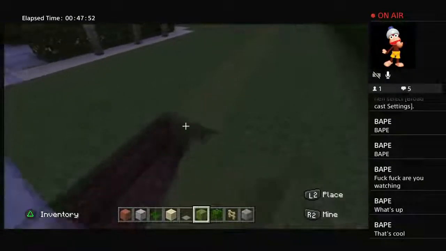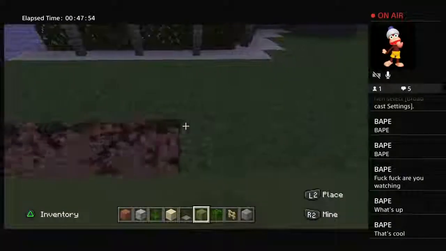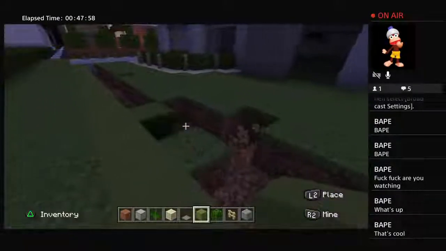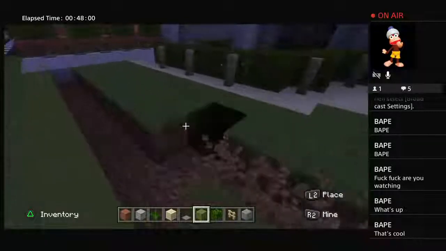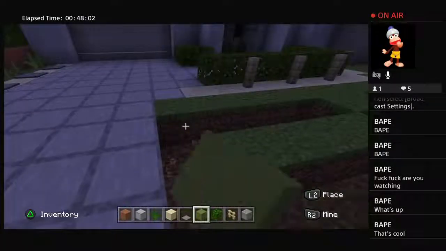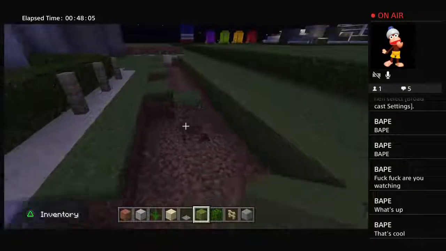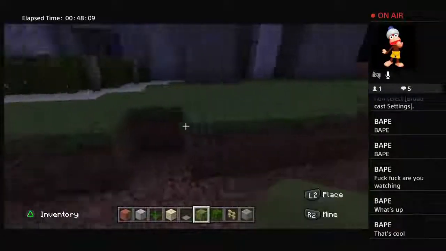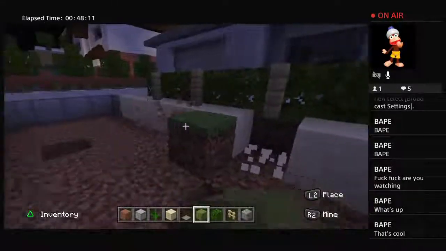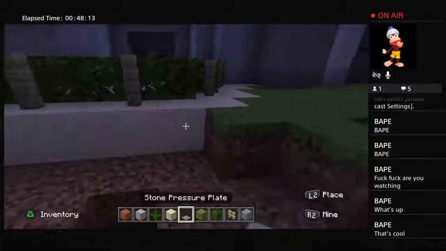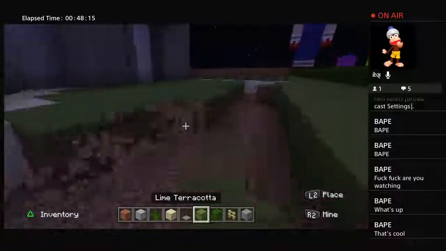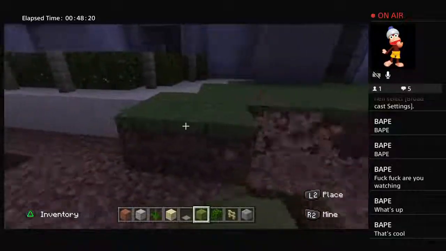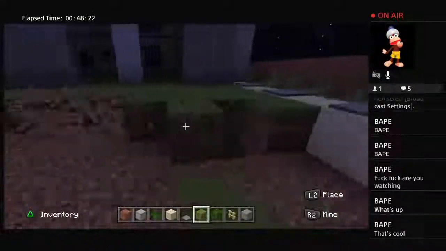If you want fancy looking lawn lines, then you will use a mixture of lime terracotta and green terracotta, but that's going to be completely up to you as to whether or not you want to do that. So I am quite happy just having the regular lime terracotta, but if you know what I'm talking about, where you alternate a pattern of lime terracotta and green terracotta, it will give you a really nice cleanly cut lawn effect,